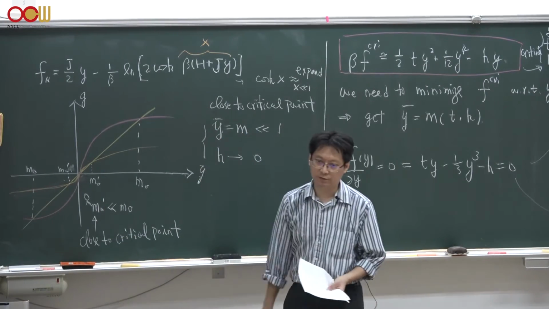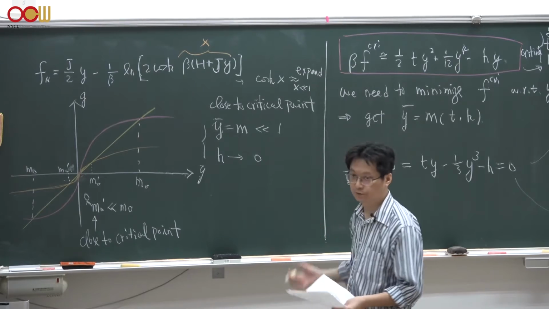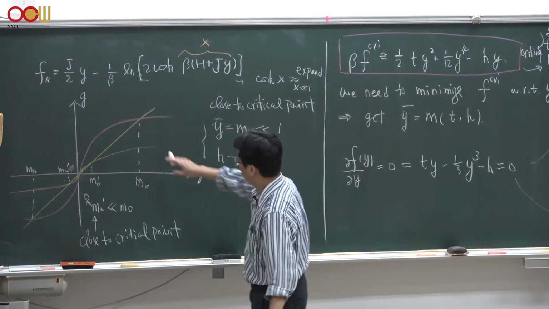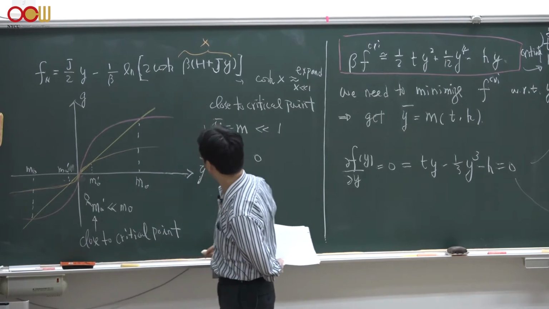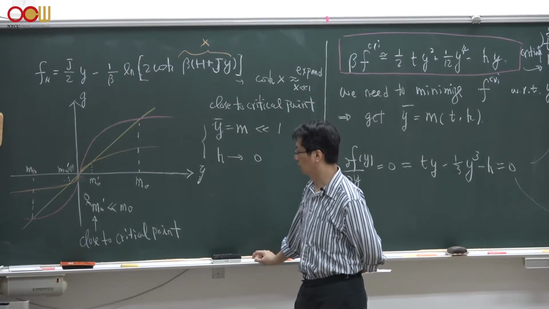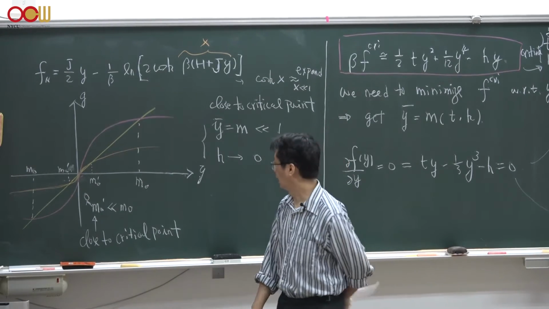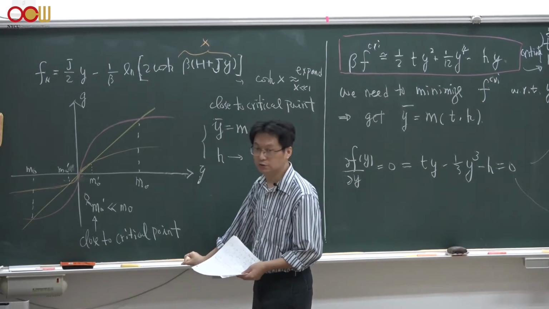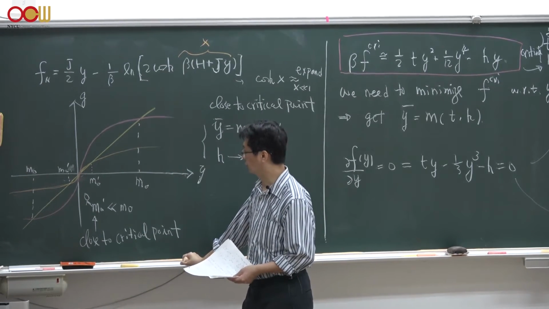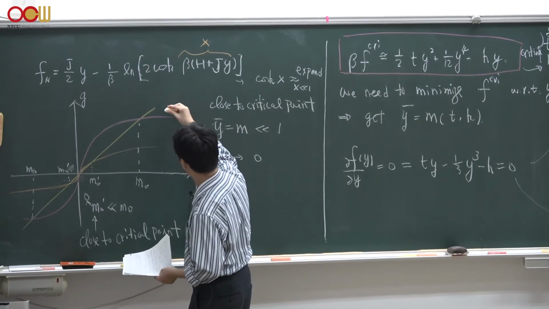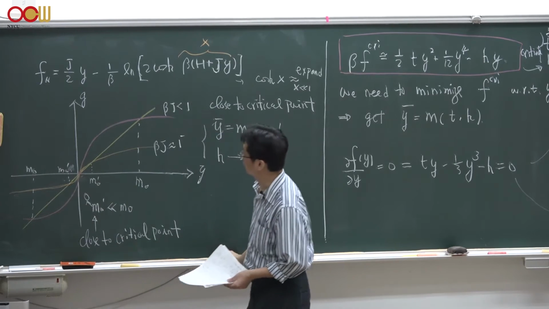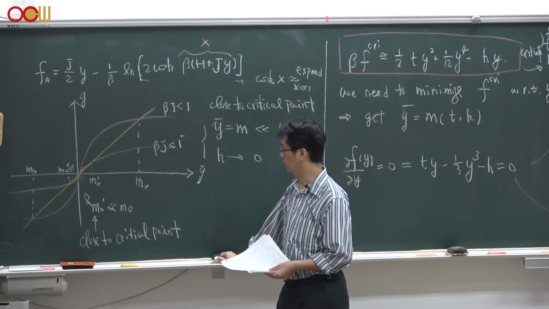So let me just provide you with more details when we perform this Taylor expansion of the free energy close to the critical point. Remember, we want to solve this mean field equation, or self-consistent equation, to get the magnetization, and we know that in general there are three possible solutions, or three possible intersections. But as we increase the temperature further and further, when we solve this equation by looking at the intersection points,